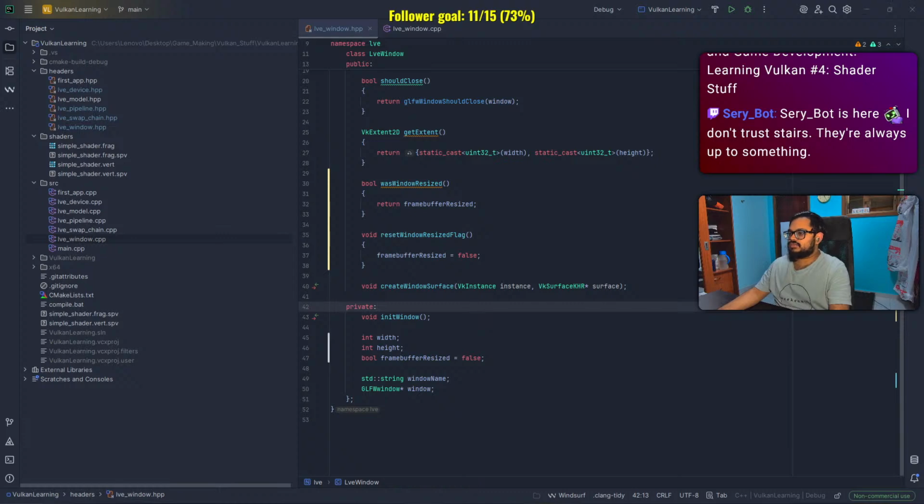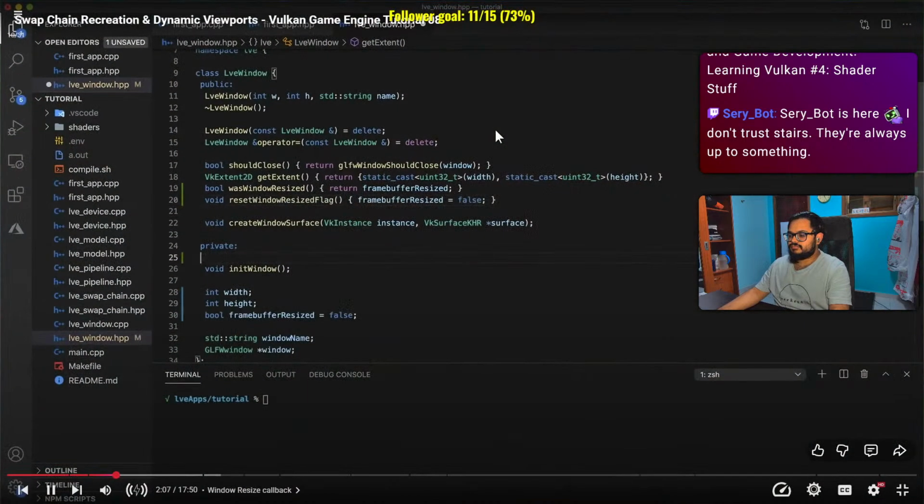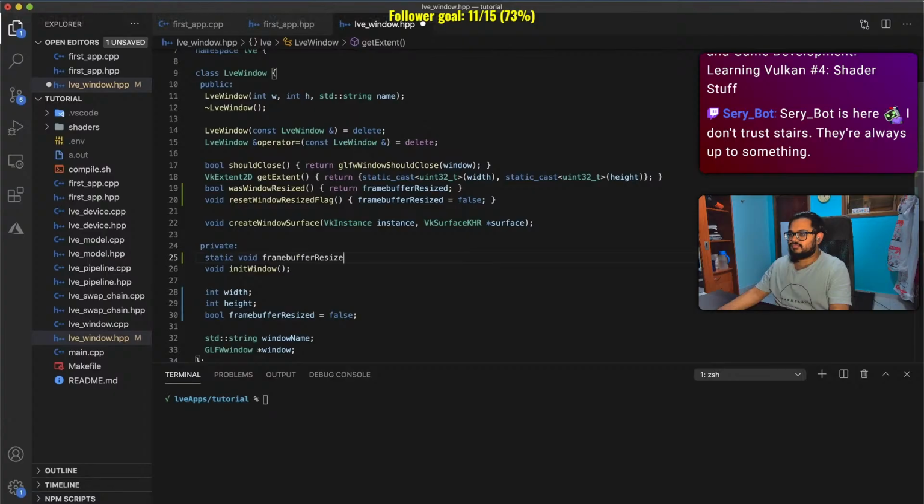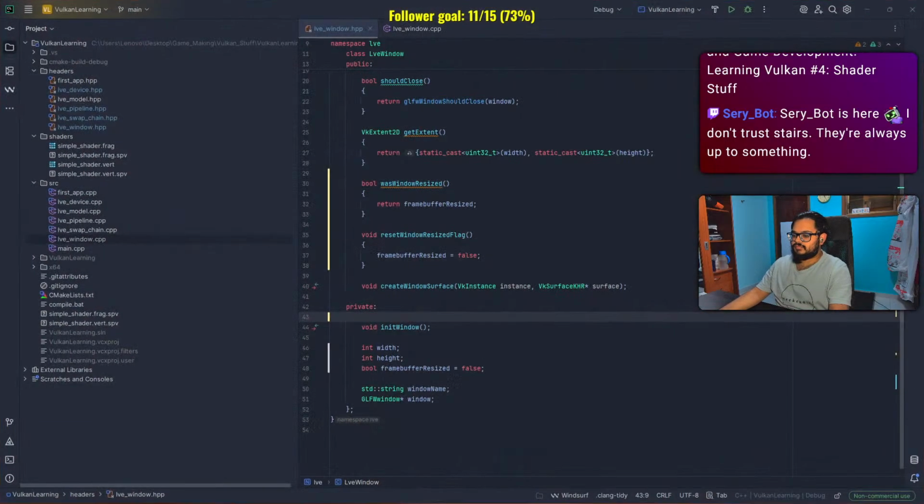Everything is loaded now at last. Finally, add a private static function called frame buffer resized callback that takes a GLFW window pointer,